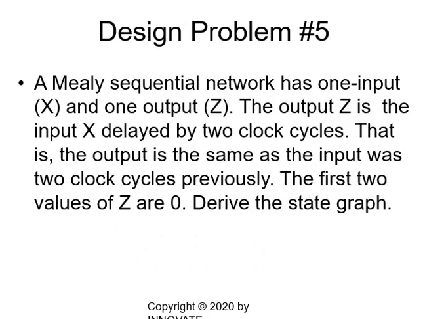A merely sequential network has one input X and one output Z. The output Z is the input X delayed by 2 clock cycles. Now, this is very useful in control systems, in digital control systems. You delay the output by a number of clock cycles. To do that,